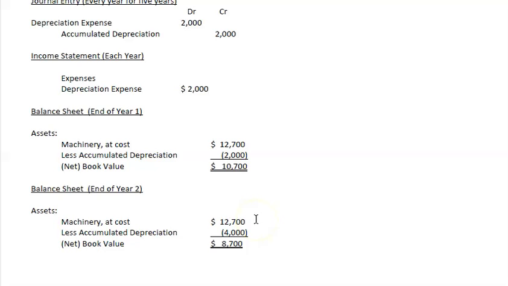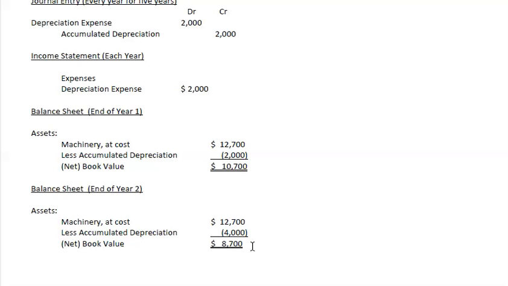So on our balance sheet for the second year, it's going to show machinery at cost, accumulated depreciation of $4,000, subtract that out, and it's going to show a net book value of $8,700. And we're going to keep on doing this until we reach that $2,700 net book value that we estimated was going to be the salvage value,